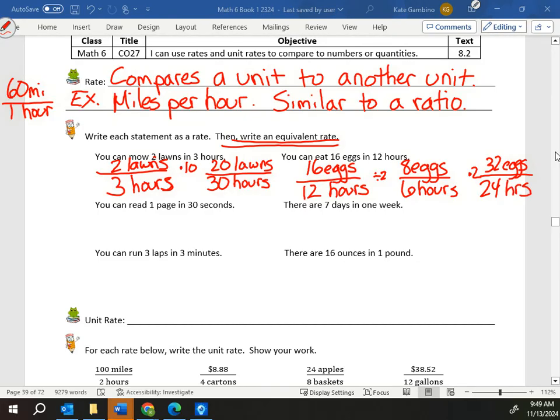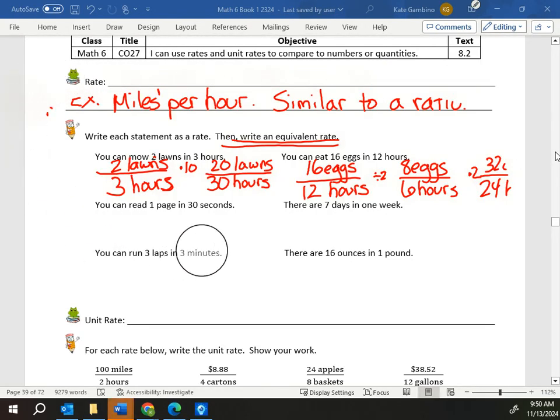Okay. If it's bigger numbers, you can always simplify down. That's still an equivalent fraction. Multiplying up, dividing down by that same scale factor. You're going to do the next ones on your own, but before you do that, I need to scroll up